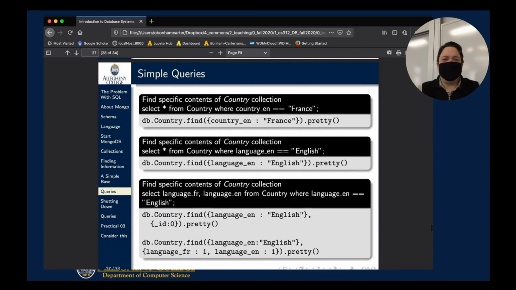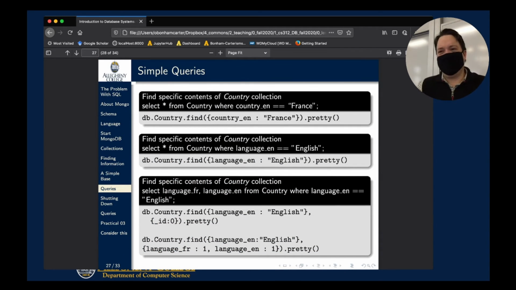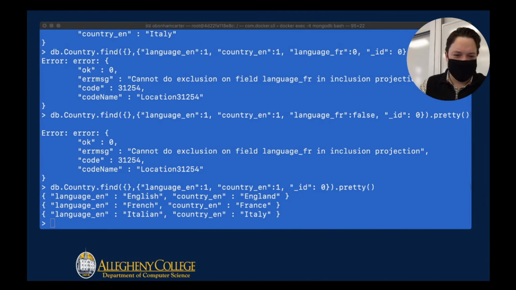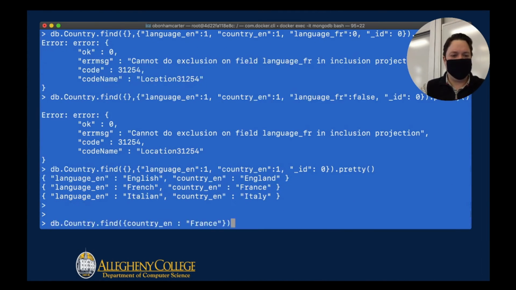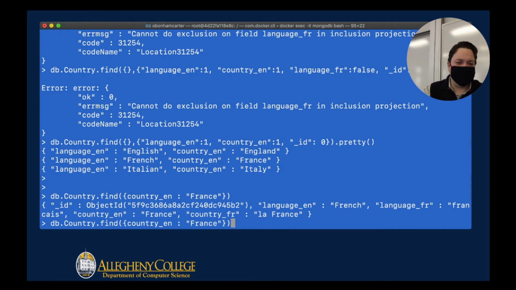So anyway, here are the queries that I just wrote, which I think you'll find are quite interesting. In fact, we typed in the country EN. What does this actually do here? Let me go back to my terminal. I put that in there. So what this now does,